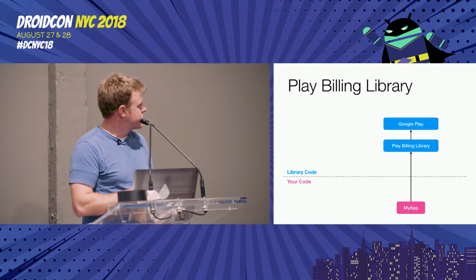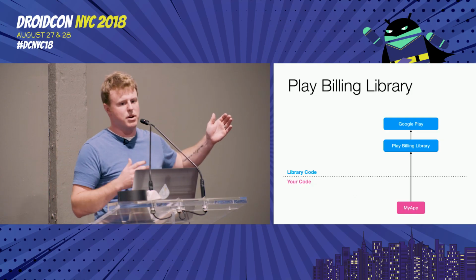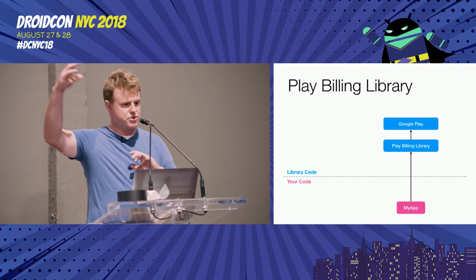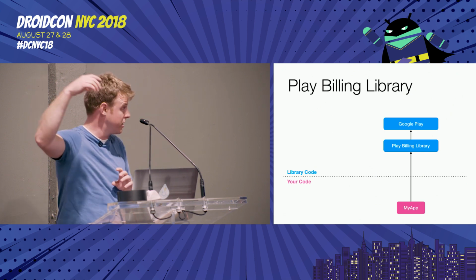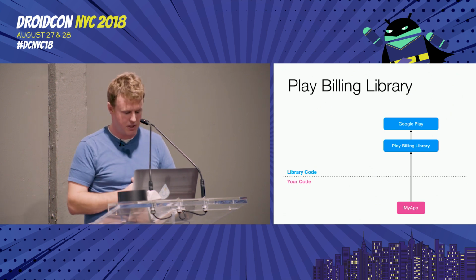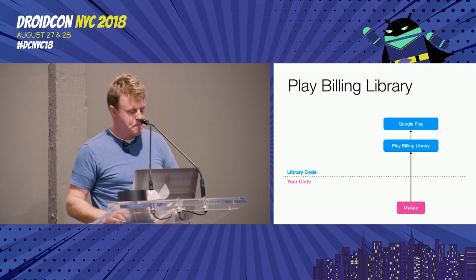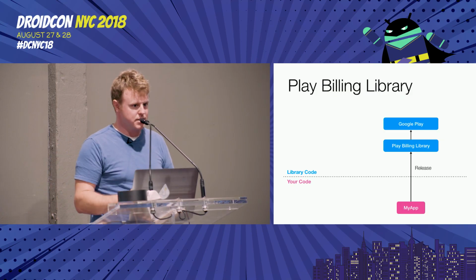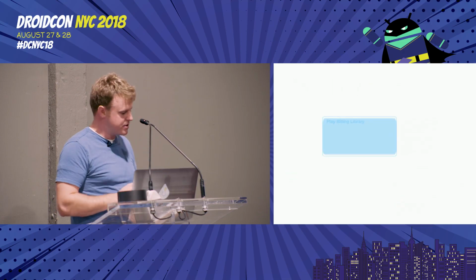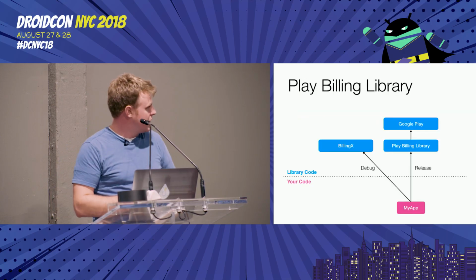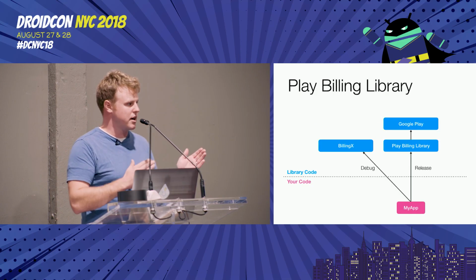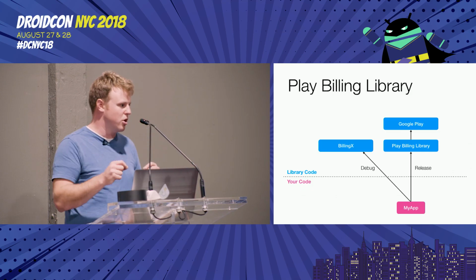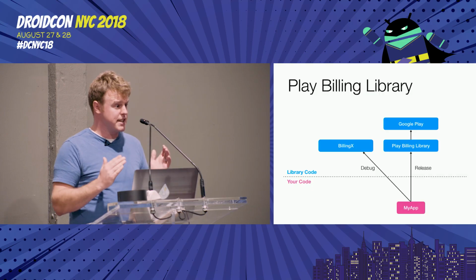Yeah. So in the Play Billing library example that we saw before, we have the Play Billing library, which actually takes care of talking to Google Play for you. Your app only talks to the Play Billing library itself. With BillingX, you only do that for your release builds. In your debug builds, you actually talk to the BillingX library. And I'll show you how simple it is to make that switch